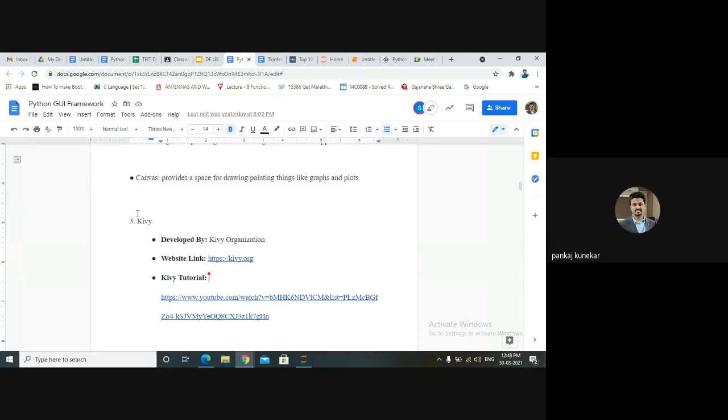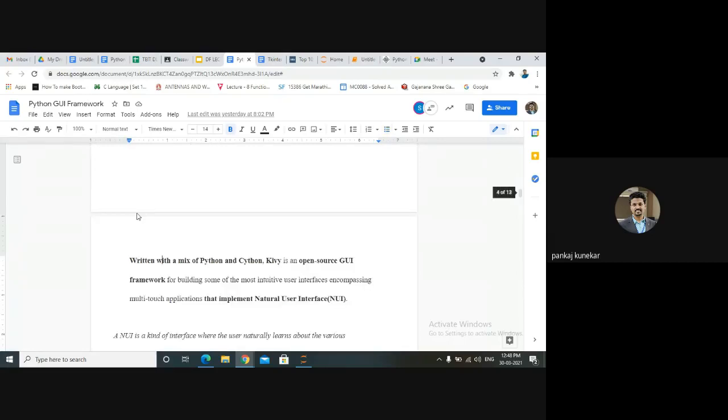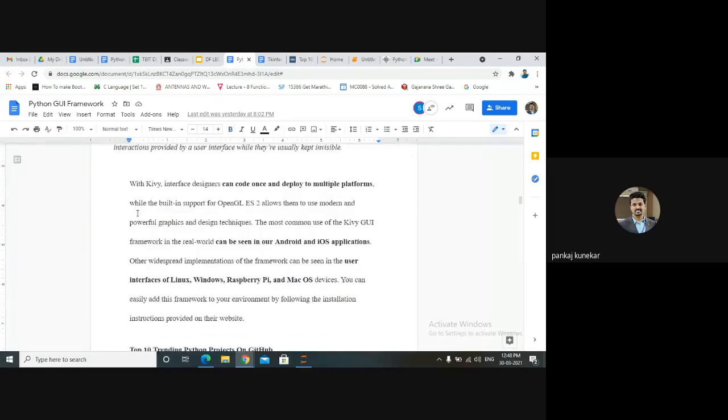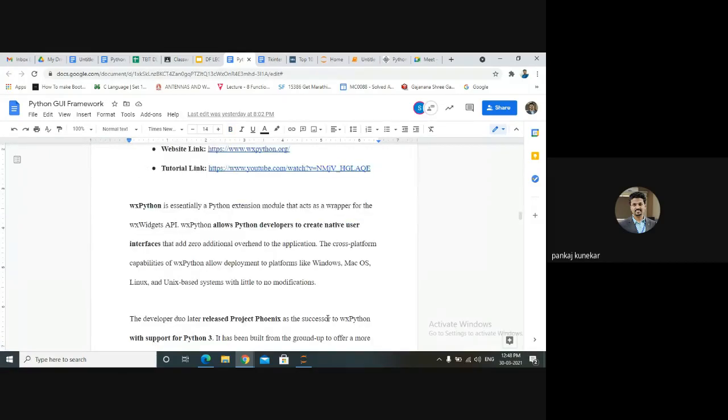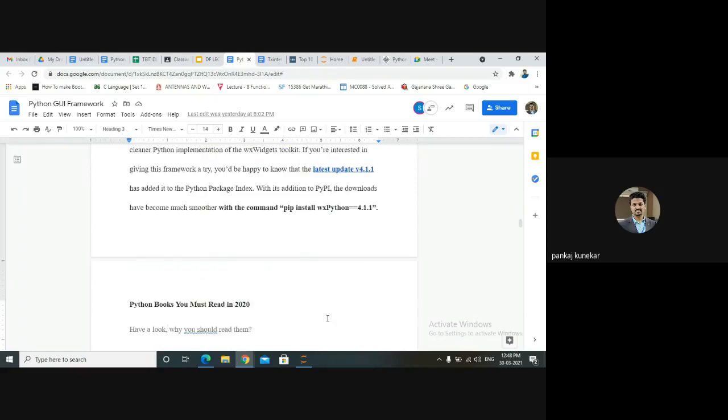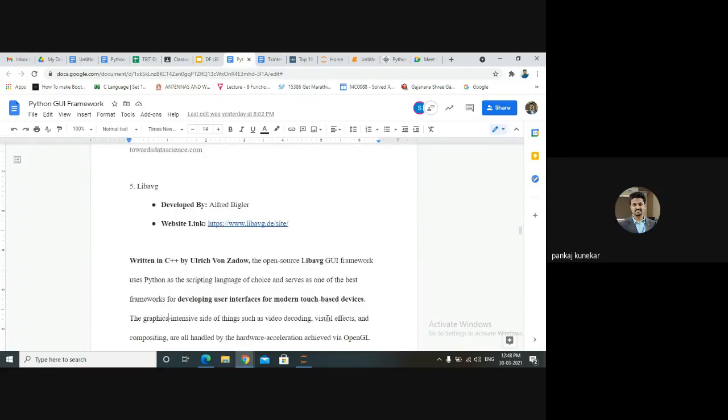The third one is Kivy, an open source GUI framework for natural user interfaces. Then we have wxPython, which also provides lots of support for GUI creation. Then we have Libao.